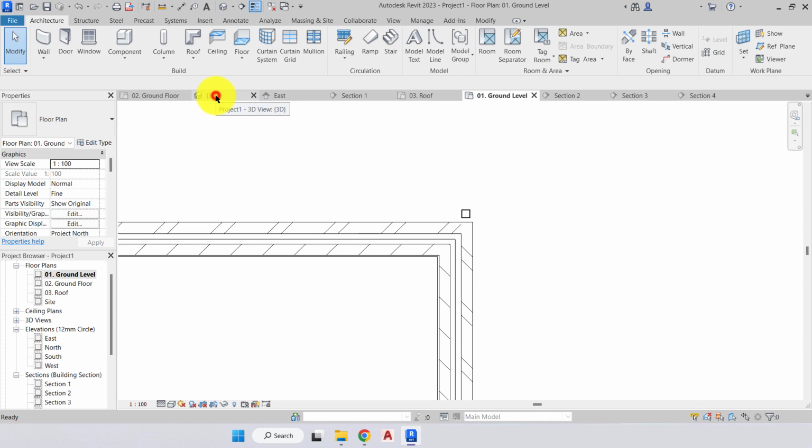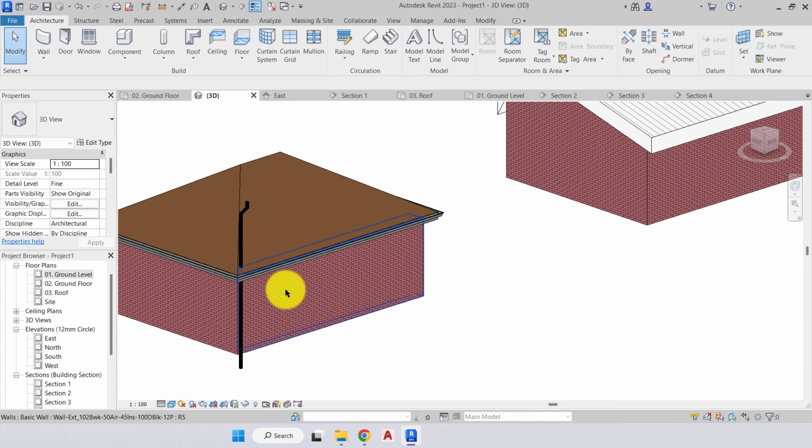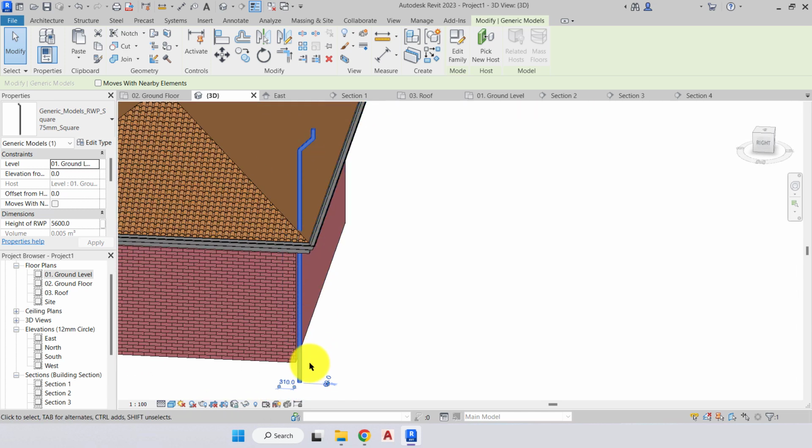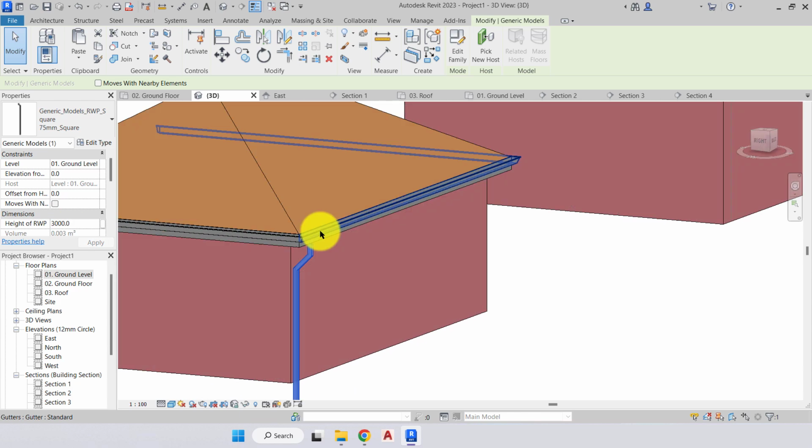In the 3D view, there is our gutter. And we can see that it's currently going right through the roof and not connected to our gutter. So we need to just change the height of our rainwater pipe. So we do that in the properties palette. Under dimensions, we have height of rainwater pipe. So if we change that to 3000 or 3 meters,